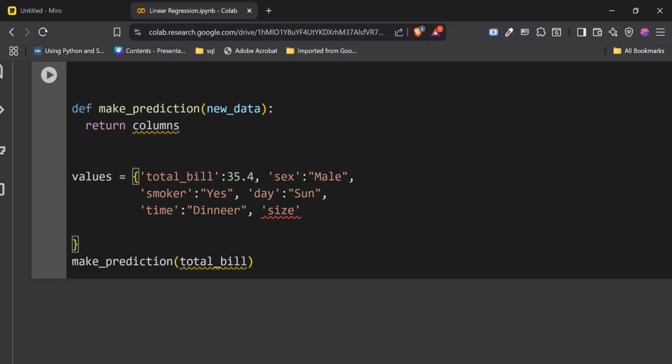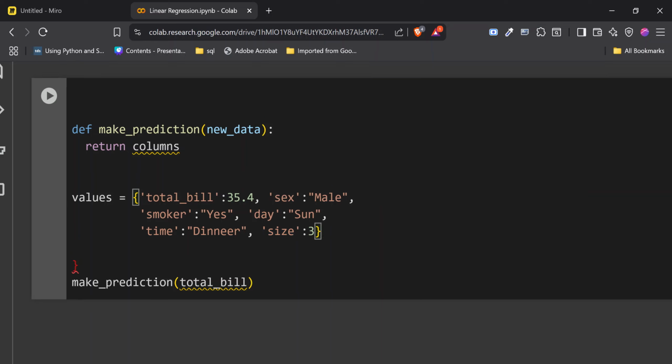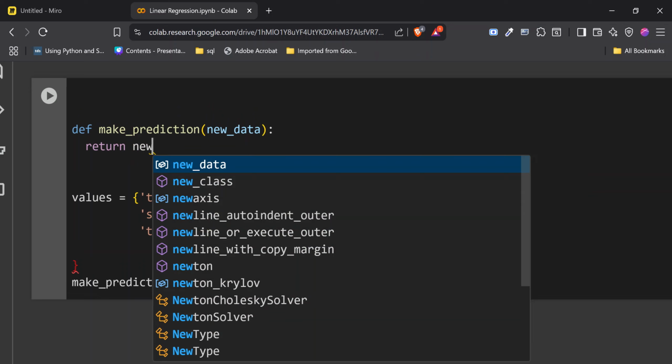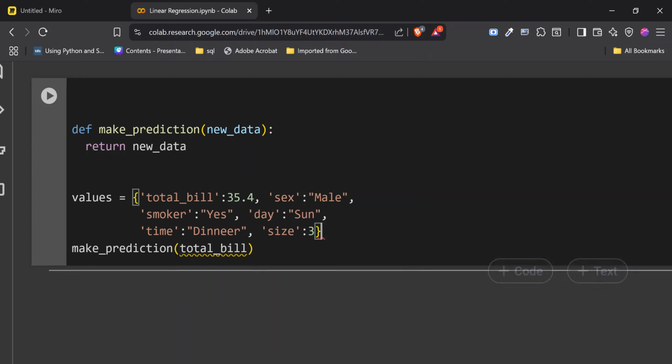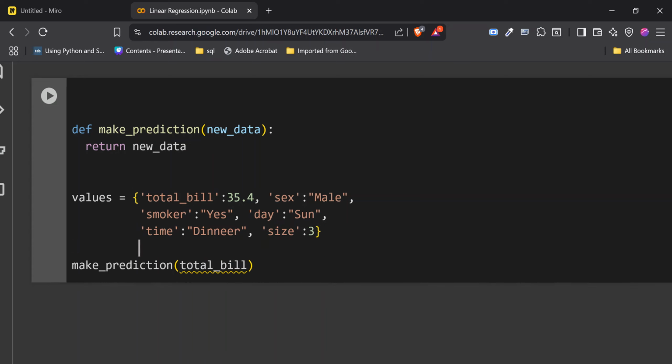Then the size of their table is, let's say, 3. And we end that. So I should say return new_data for now. And I come here, let me remove this, and I pass in values. That is what we are trying to do.